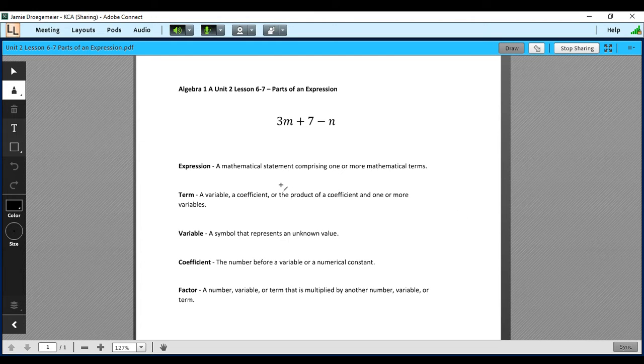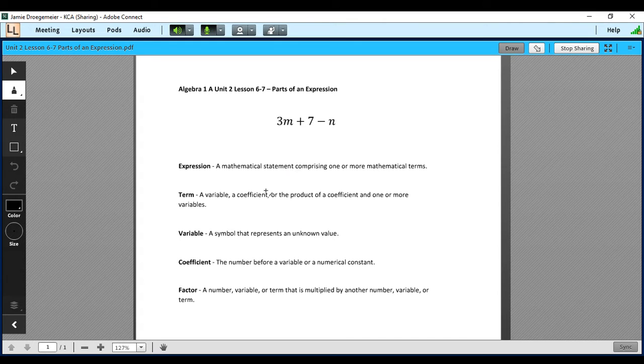So an expression is going to be a mathematical statement that has one or more mathematical terms. So we're going to see two particular words, expression and equation. The main thing to remember when we're talking about an expression versus an equation is that an equation is going to have an equal sign. It's saying that one part is equal to another. In this case, we're just talking about an expression, and so that just means we're going to have one or